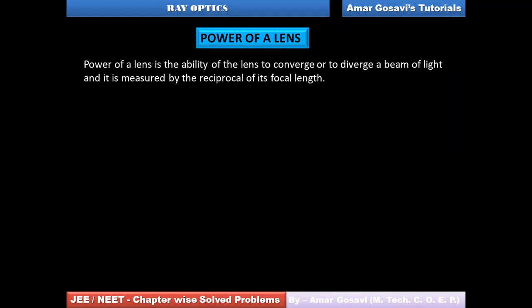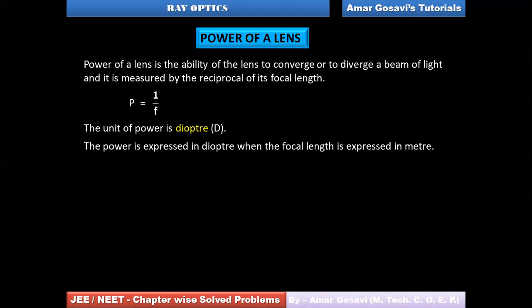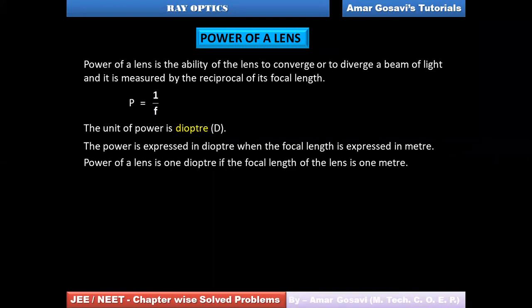And technically, if you want to define it, it will be measured as the reciprocal of its focal length, obviously taken in meter. Okay, one need not forget that. So you can see, reciprocal of focal length taken in meter is also called the power of the lens. And the unit for power of a lens, we all know, is diopter, denoted by capital D. The focal length specifically has to be expressed in meter. So can I say the power of the lens is 1 diopter if the focal length of the lens is 1 meter? So that's how the analogy goes.